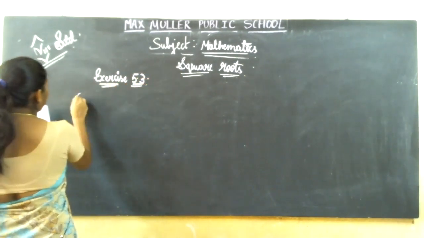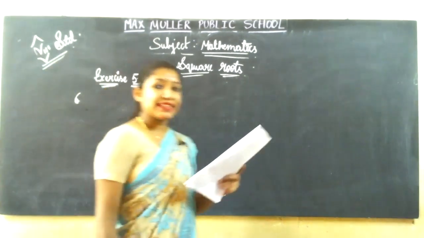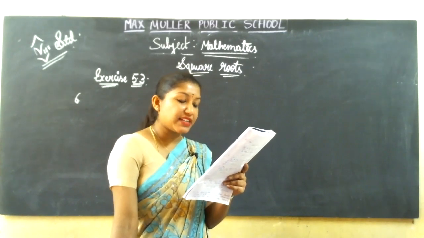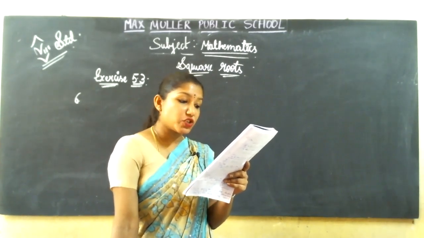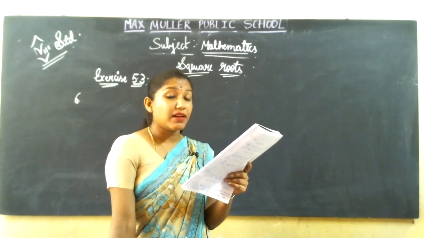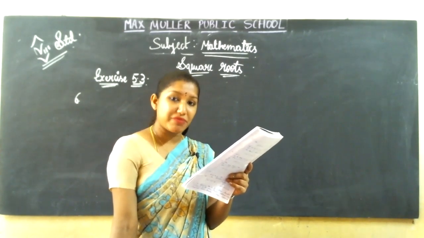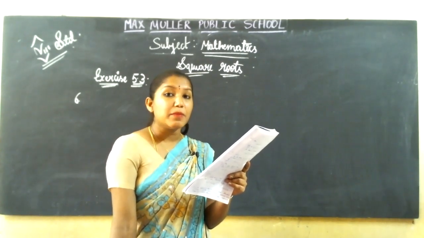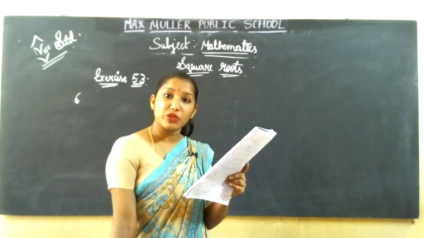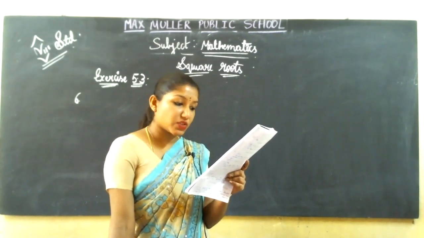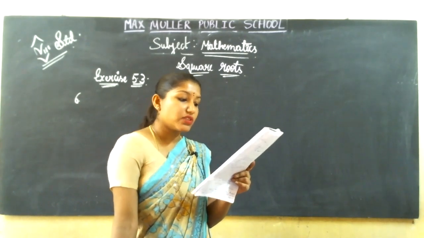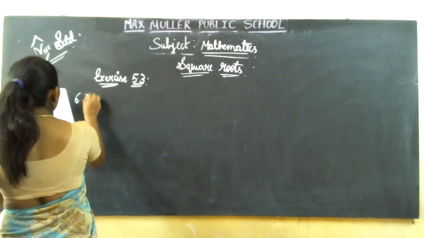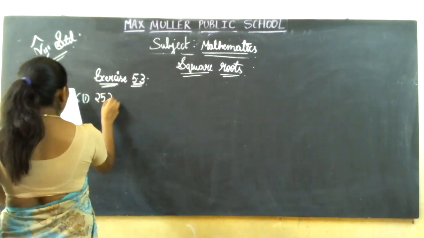Sixth problem you have to do now. Same like that only, but here you have to divide. For each of the following numbers, find the smallest whole number by which it should be divided. In the last problem, you multiplied and found the smallest whole number that gave the perfect square number. But here you have to divide so as to get a perfect square, and also find the square root of the square number so obtained. They have given here, your first sum is again 252.